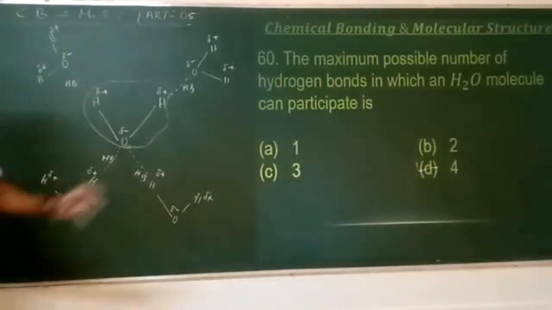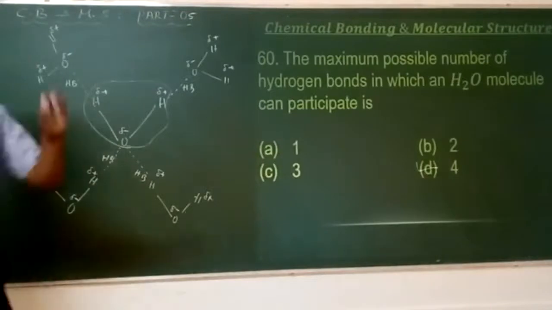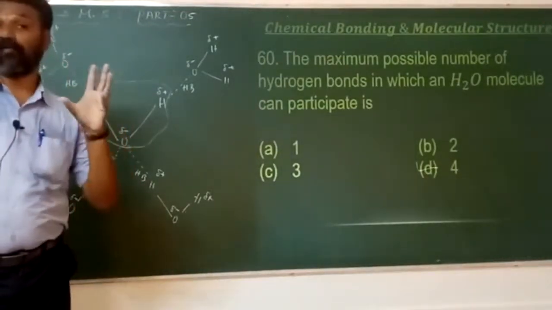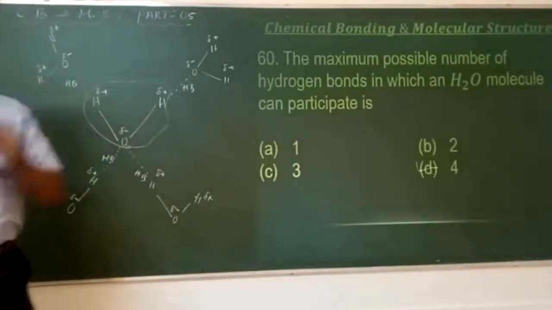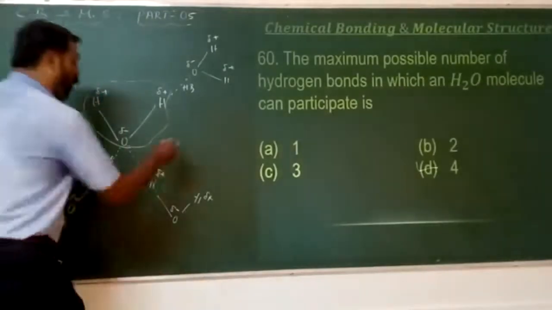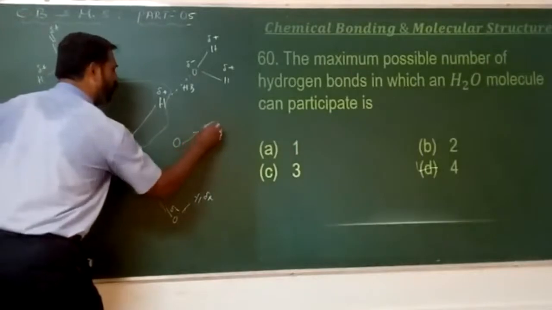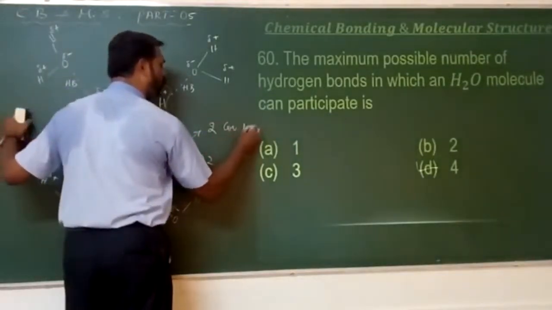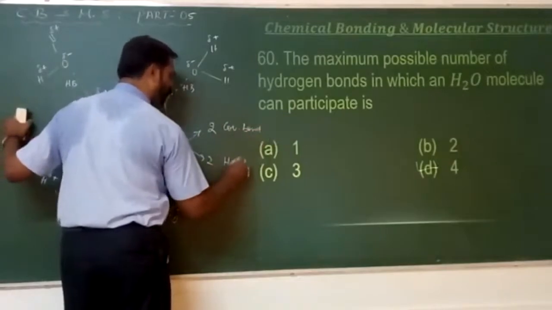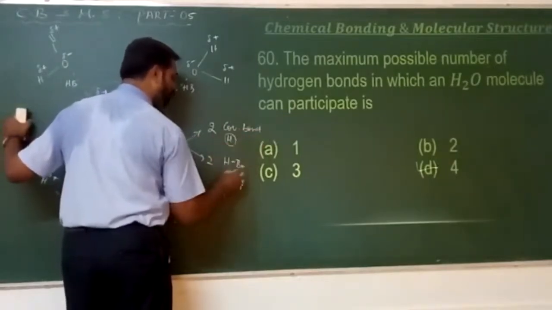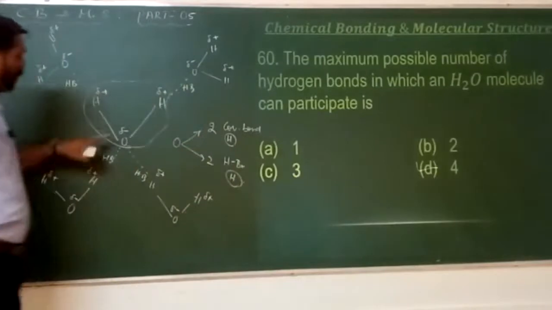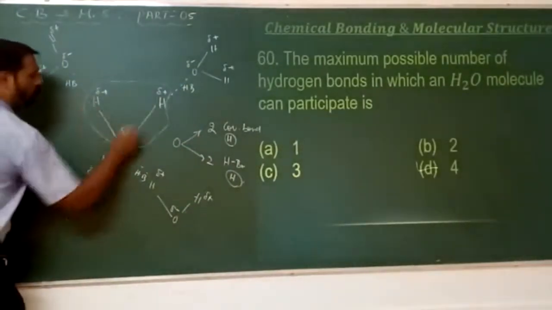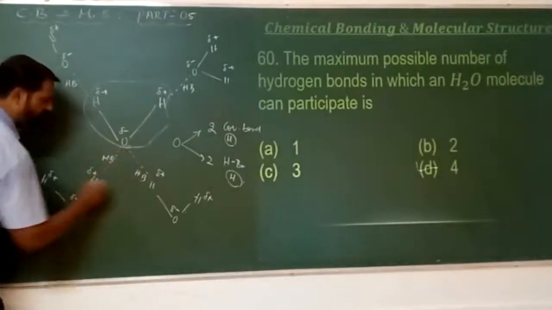Suppose the same question: how many chemical bonds are exhibited around the oxygen atom in a water molecule, or in case of ice? Oxygen is bonded 2 plus 2, in which 2 are covalent bonds and 2 are hydrogen bonds. With respect to hydrogen, this is also hydrogen. Suppose I take this oxygen atom, this is covalently bonded to 2 hydrogens and hydrogen bonded to